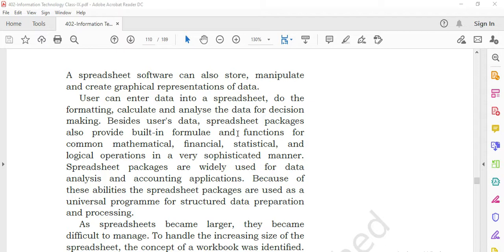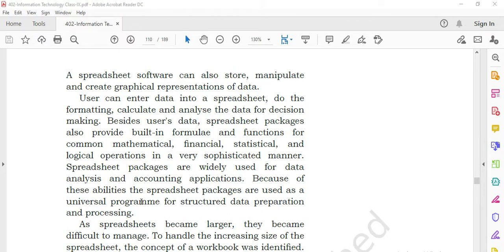Besides user data, spreadsheet packages also provide built-in formulas and functions for the common mathematical, financial, statistical, and logical operations in a sophisticated manner. Spreadsheet packages are widely used for data analysis and accounting applications.